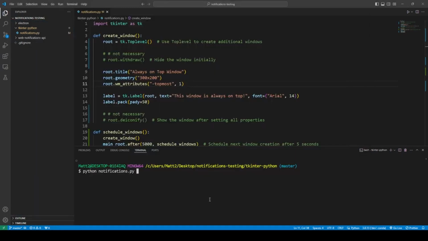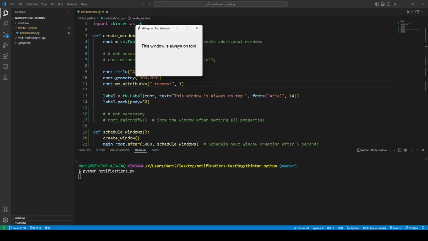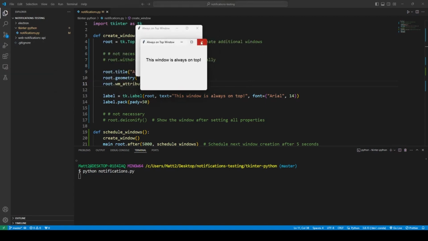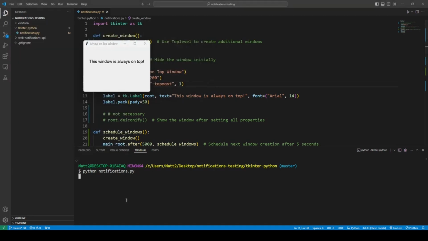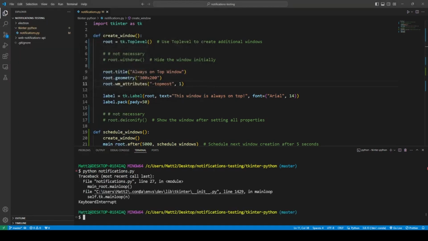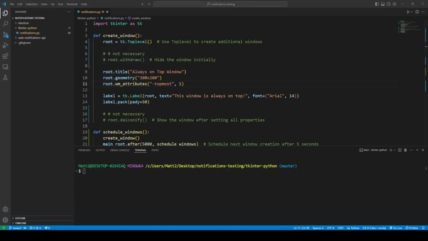It seems to work. Let me just run it one more time. This window appears. There's this window. I can close these, and it still pops up new windows. Alright, cool. Last thing I want to do